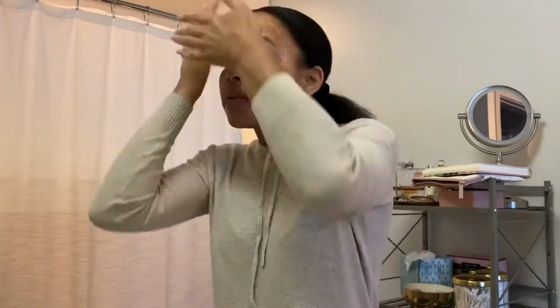So if you do not have a gentle cleanser, you can always opt in getting a Cetaphil gentle cleanser and use that if your esthetician or dermatologist does not give you one. So that's that. I normally have paper towels to wipe my face, but I need to go to the store. Whatever. So my skin is pretty much dry, so I am going to go in now with the towelette,